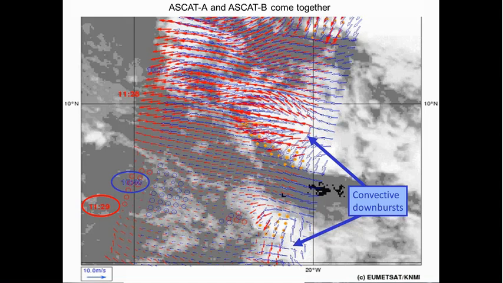You see that most of the arrows look actually very similar, but there are areas where you see the cloud image is white, so there's intense clouds and moist convection. You see actually that the winds change, and this is because of the downburst of wind, because of rain. That is causing such big changes in moist convection areas.